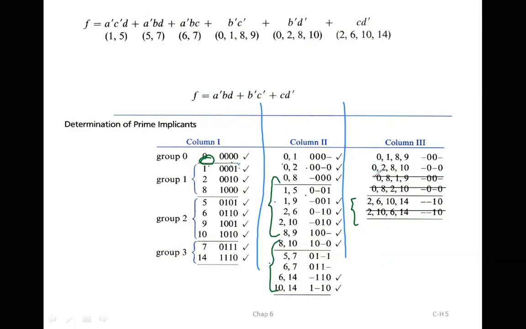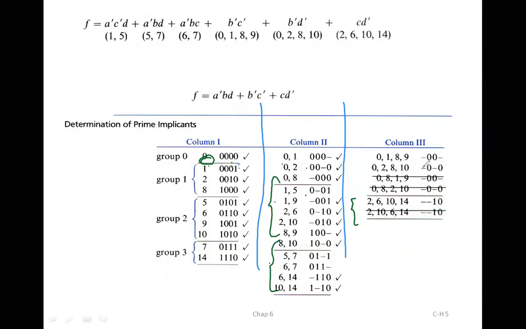Ma'am, can we remove the above one also? Like if we retain the... So now 0189, 0819, if I can see, this is covering prime implicant 0. This is covering prime implicant 1. This is covering prime implicant 8 and this is covering prime implicant 9. Here also it is the same thing. 0189 is there. So any one you can retain and remove the others. Similarly 0210, 08210. Any one you can retain and remove the other one. So what is left out? 3 items are left out.